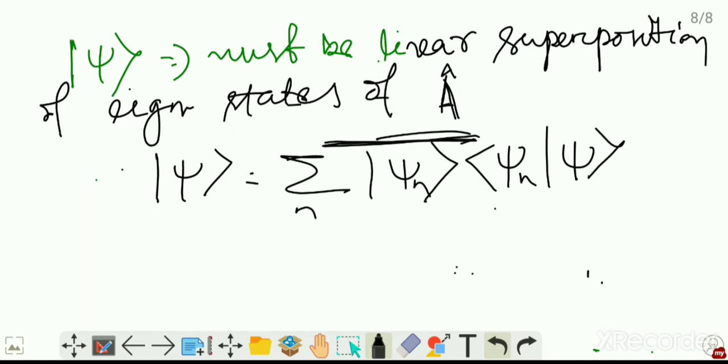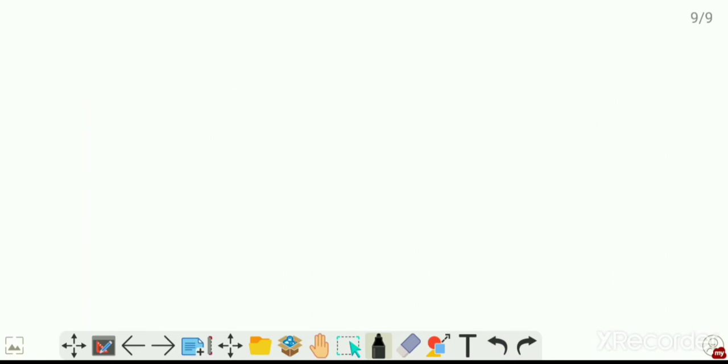If the system is in the eigenstate psi of n,